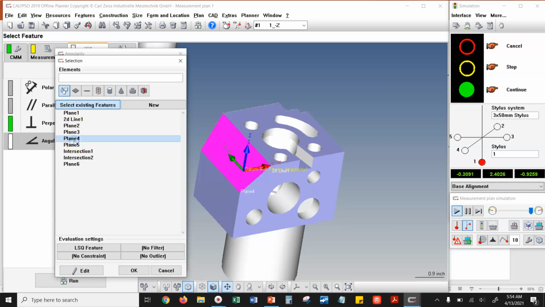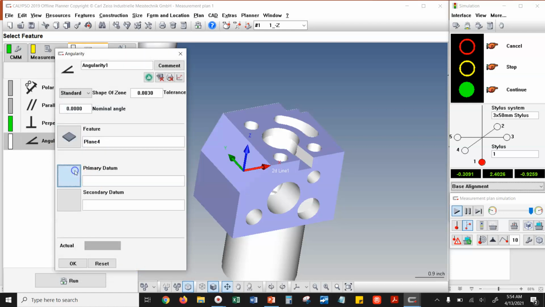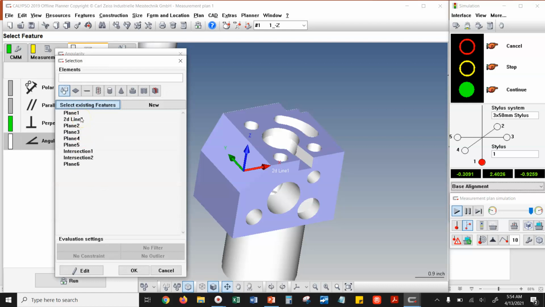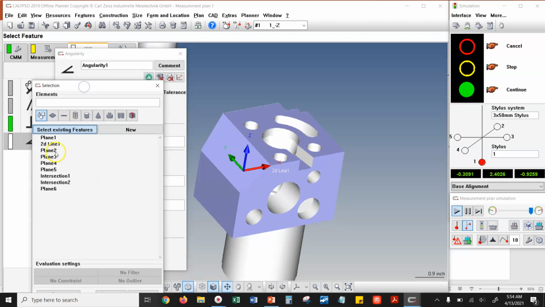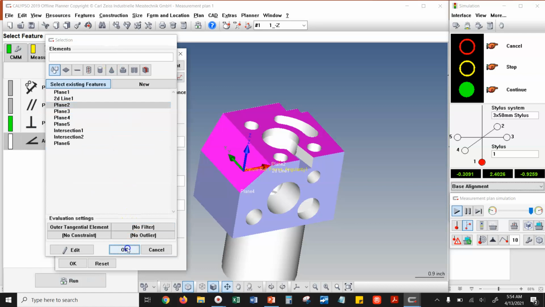So the plane that we're trying to output is plane 4. Our primary datum, this is what, if you were to draw the angle symbol, you would pull off of this line and this line. So the primary datum is the first line, and the measured feature is the second line. The secondary datum is going to be this front surface because that is the plane that you drew these angles on. All right, so our primary datum is going to be plane 2 in this case, so we'll say OK,